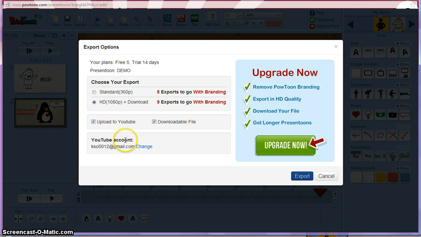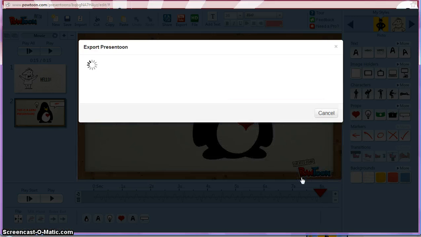So you can then link your YouTube account to Powtoon, and I actually don't even have a YouTube account, I just use my Google account, so you don't even have to make a whole separate one, you can just log in through Google. And then you just hit export, and it will show you the status of